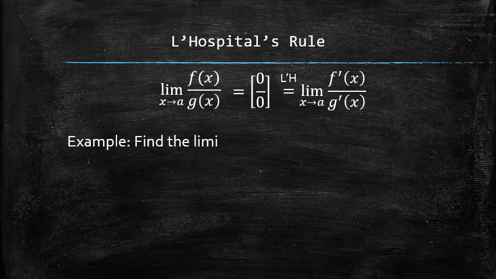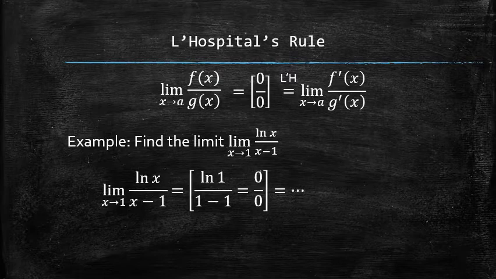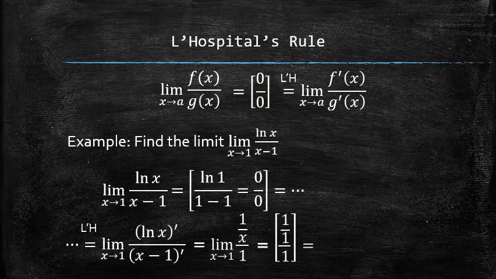Let's use L'Hopital's rule to find another limit. We start off the process by confirming that the limit is indeed of 0 over 0 indeterminate form. Then we apply L'Hopital's rule, according to which the limit is equal to the limit of the ratio of the derivatives, which are relatively easy to compute. After each application, we must reevaluate the form of the limit. It is not of any indeterminate form anymore, so we find the limit by simply performing the arithmetic.